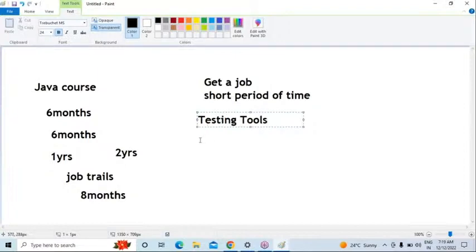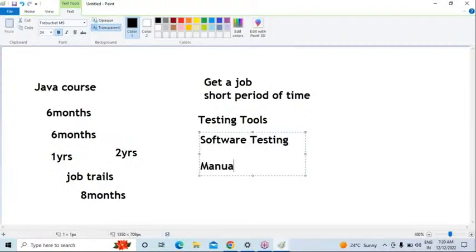Again, I already said that people call it software testing. In this software testing, we're discussing manual testing and